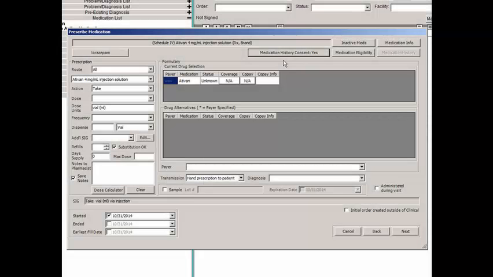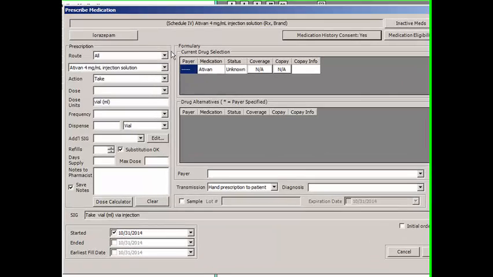To configure the prescription information for the selected medication, we'll focus on the left side of the Prescribed Medication dialog. If there is an alternative, or in this case a generic form of the medication, it will be listed below the drug name, and you have the ability to select the drug by clicking that button. When clicking the respective button, you will notice that the drug will now be listed above as the medication you are prescribing, and the previously selected medication will be displayed below, allowing you to choose that form of the drug